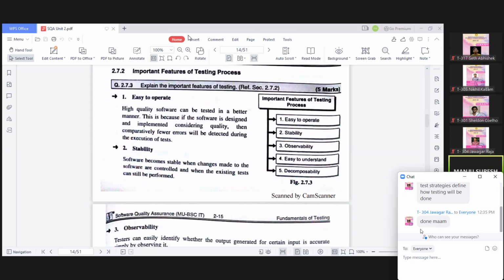Next is important features of testing process: easy to operate, stability, observability, easy to understand, and decomposability.